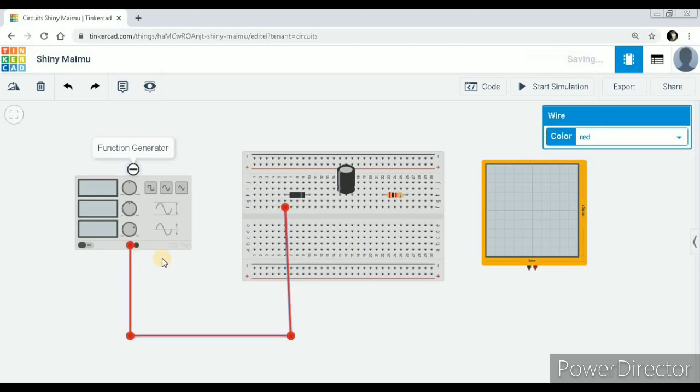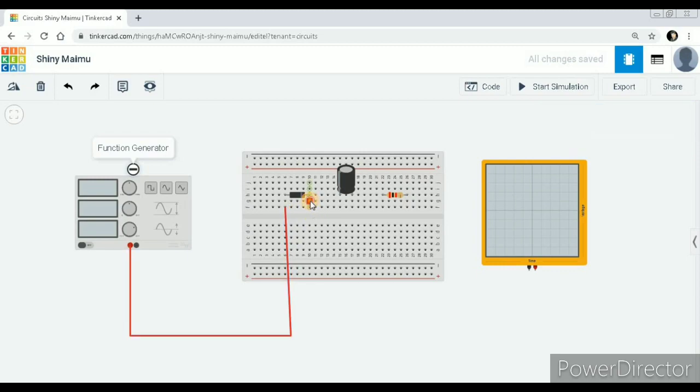Then next thing, from cathode to the 4.7 microfarad capacitor one end, we must give the connection like this one, right? Again you click on the hole in your cathode pin, and then you just drag down the wire and then click on this capacitor icon, one end, one lead, right?